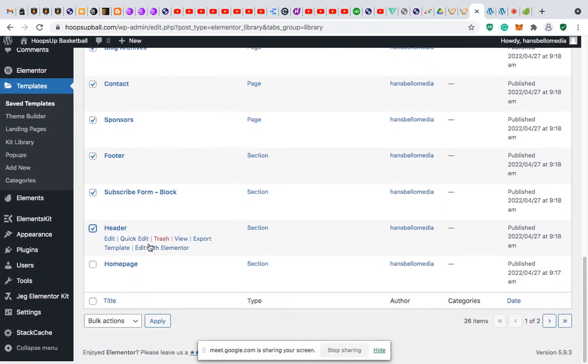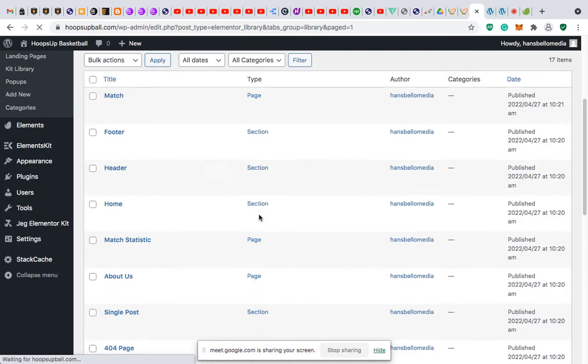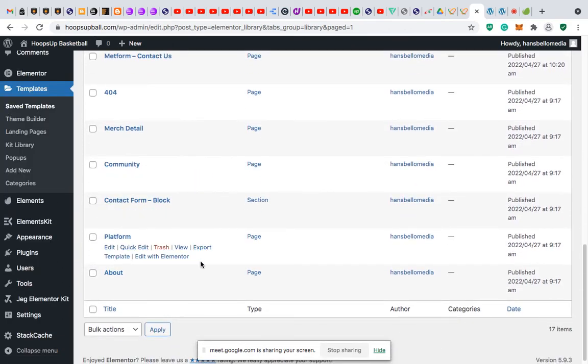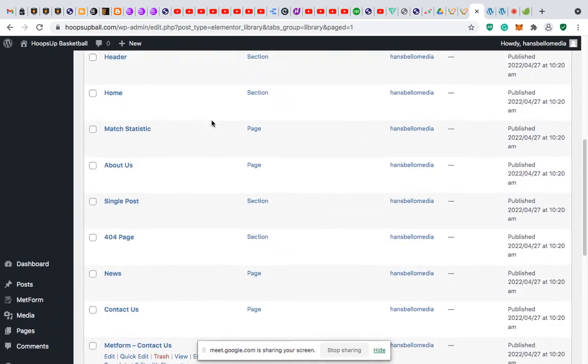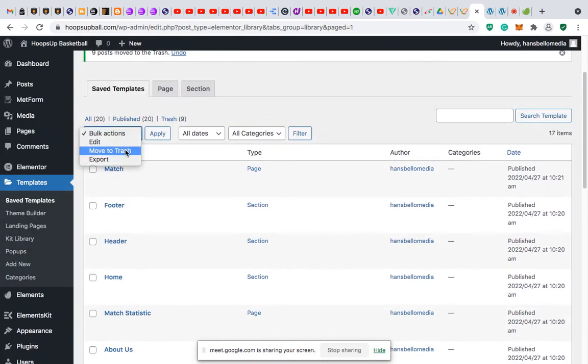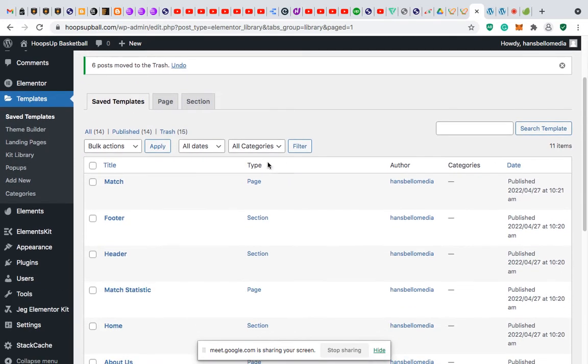For new sites, you may not have this as a problem, but I tested something on it first. That's why I'm having this. So I'm just going to remove it so that we don't have issues on a later end. Okay, 404. I think I already have a 404 page. Okay, good. So I'm going to delete this. All right. Okay. Now that I have that deleted, let me answer